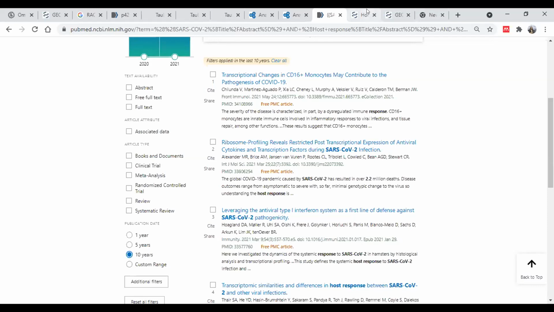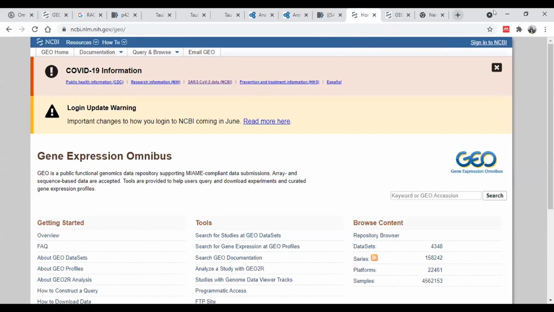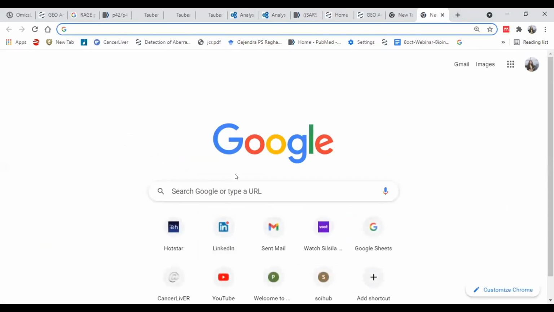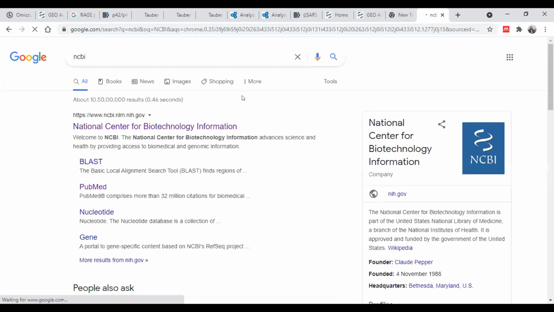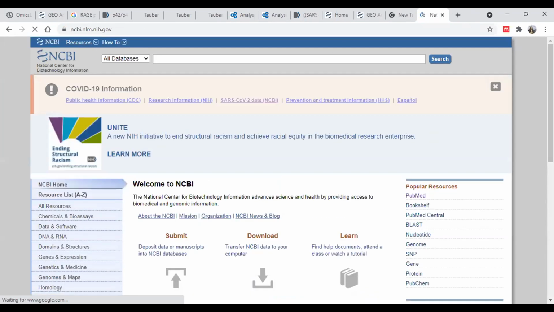So let me first take you to the NCBI. So here you can create your query simply for SARS-CoV-2.